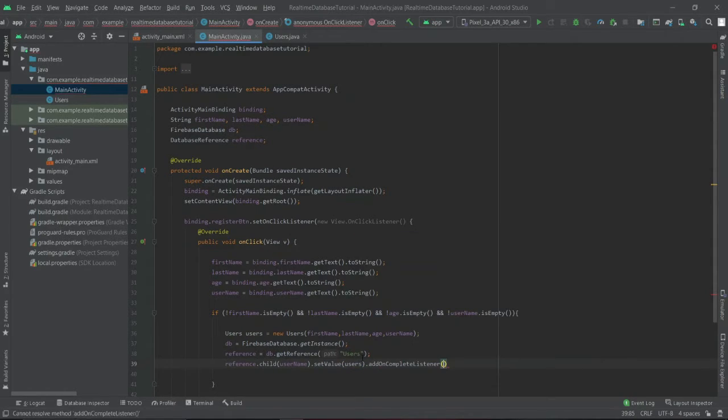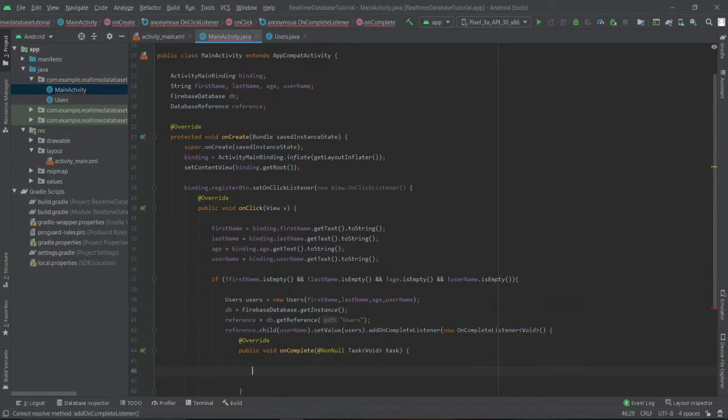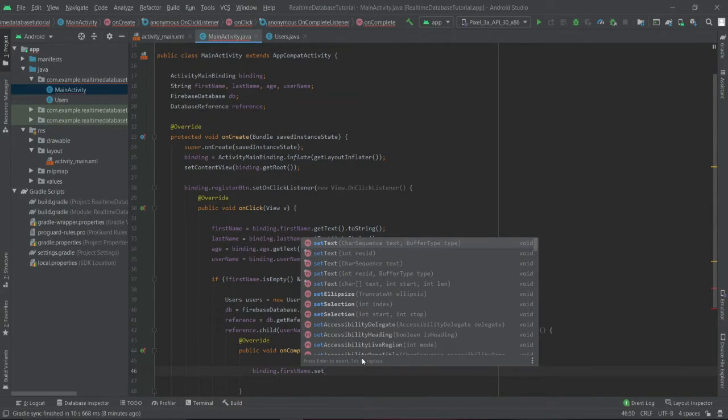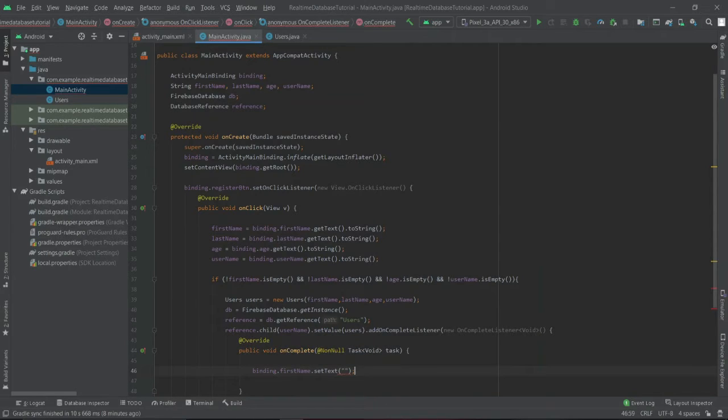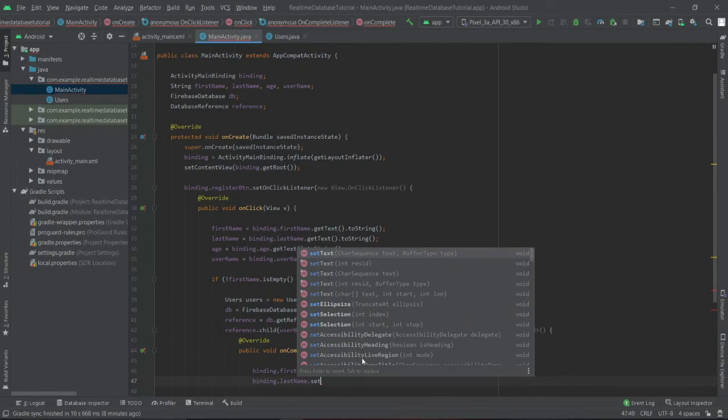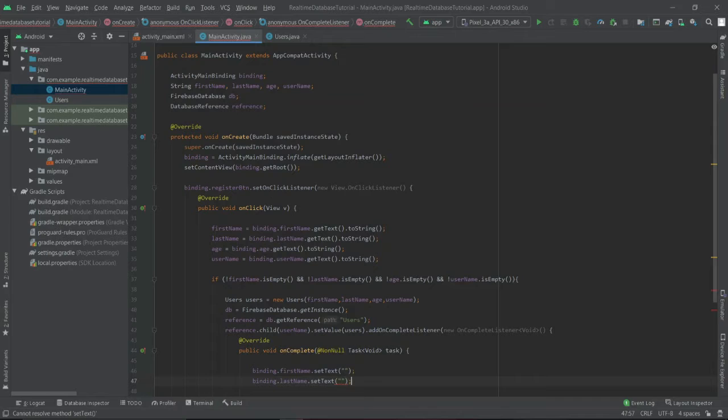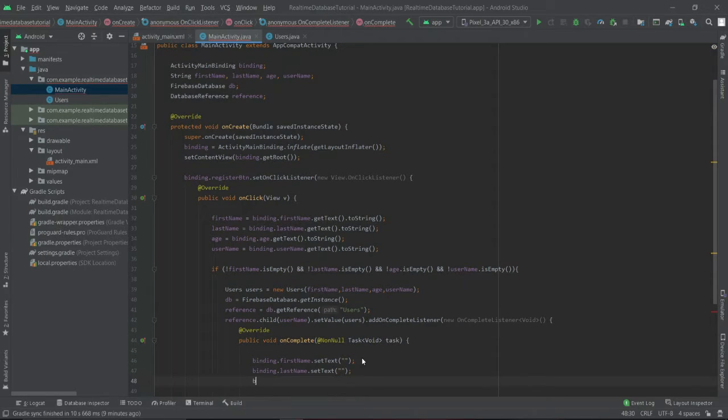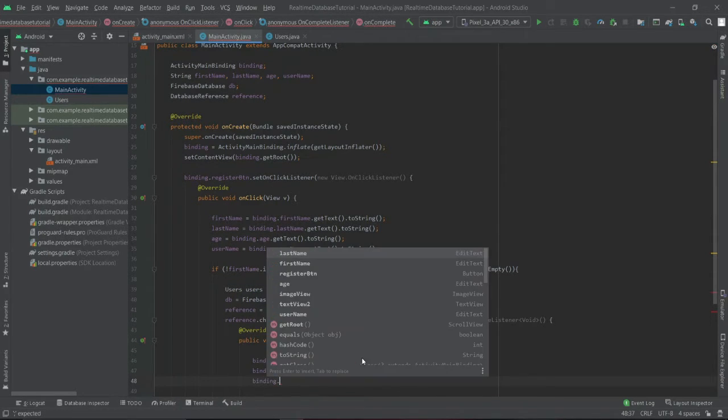So now we'll add a callback function, on complete listener. So this will be called once this task is completed, right? So I'll set all the fields as empty because we are done with the data. We'll make sure that all the fields are empty once the data has been written to the database.